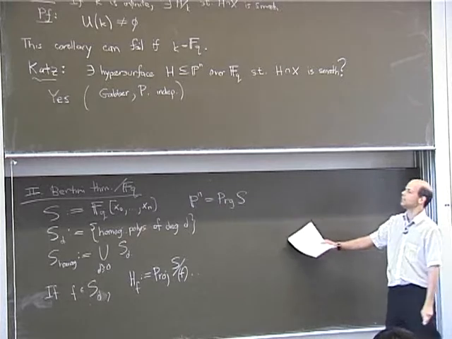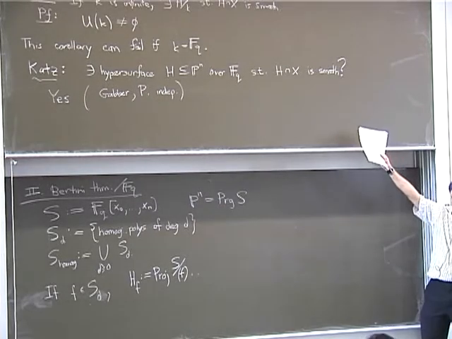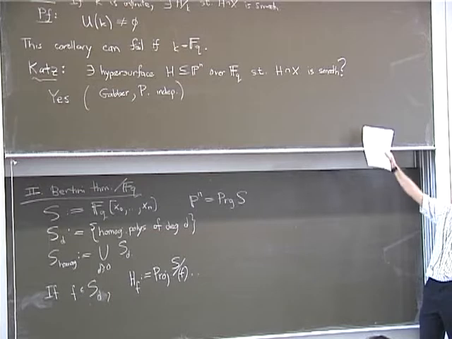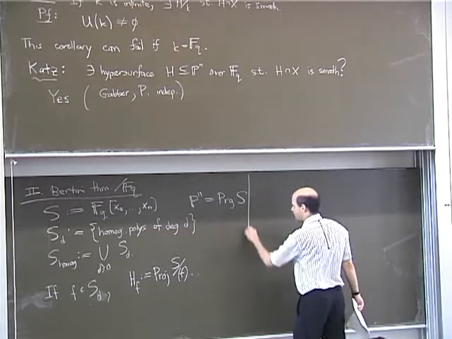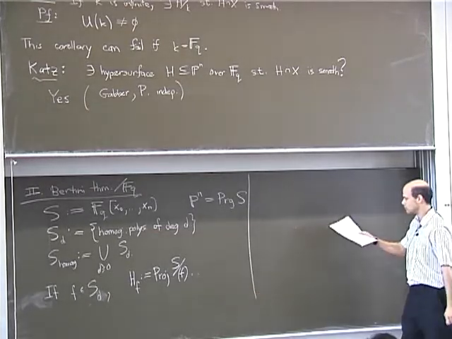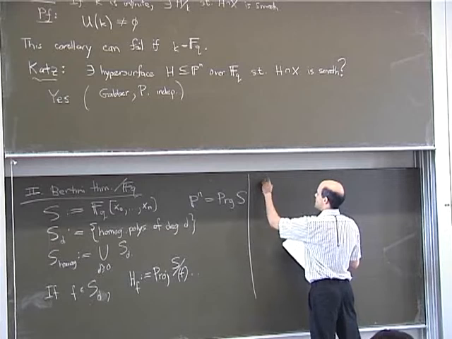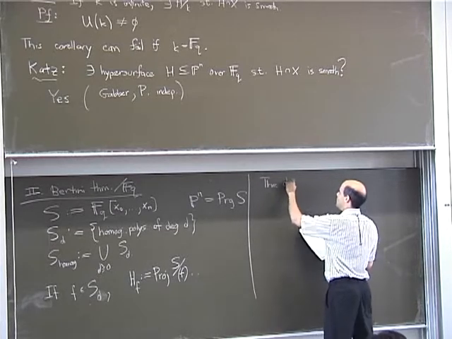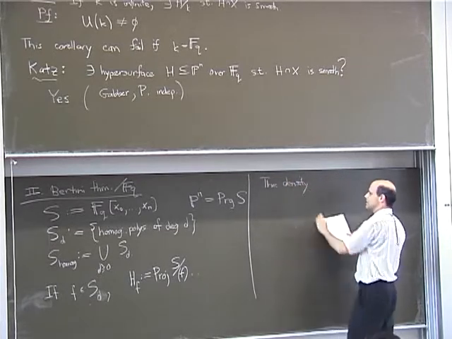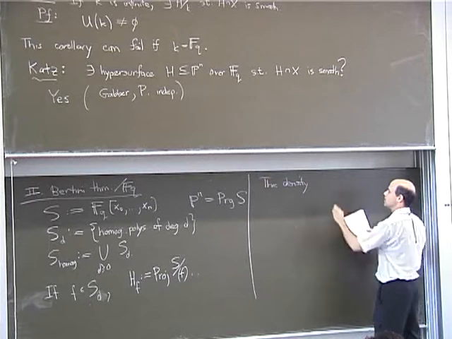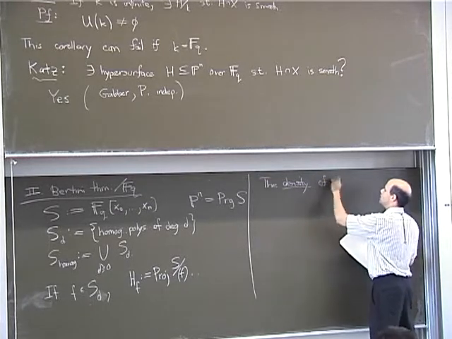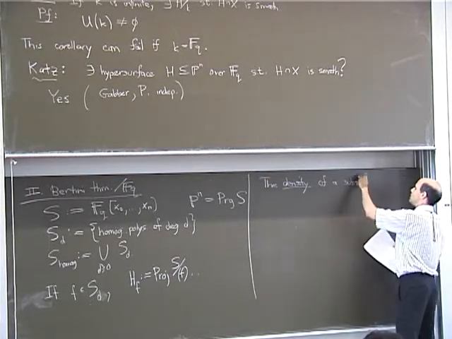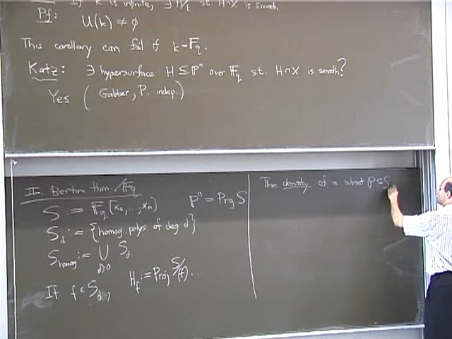And now what I need to do in order to state this theorem in a quantitative way, because I want to say that a positive fraction of hypersurfaces have the good property, is define the density of a subset of the homogeneous polynomials. So the density of a subset P in S_homogeneous,